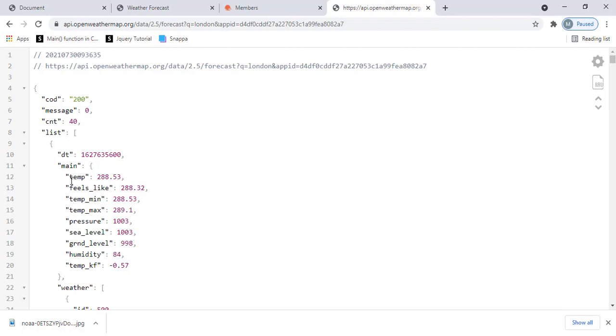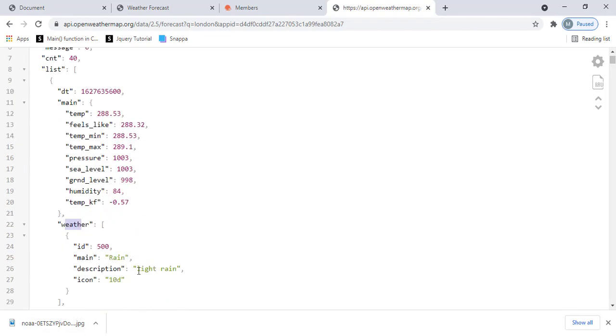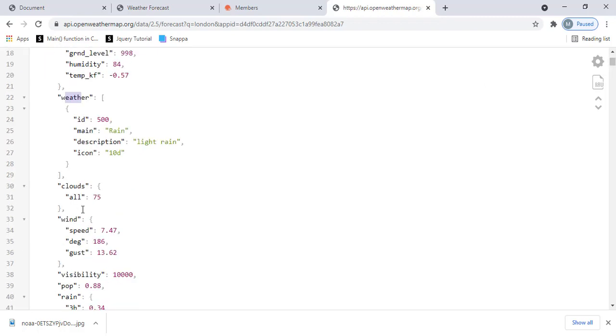Now, if you can notice one thing, there is a list. So this is a main. It's saying temperature, then minimum temperature, maximum temperature, then it's going to have the details about the weather. When you just scroll down, you will see description is light rain, icon is this 10D. Then when you come down, it's going to be cloudy, wind speed, visibility, and then there is a lot of